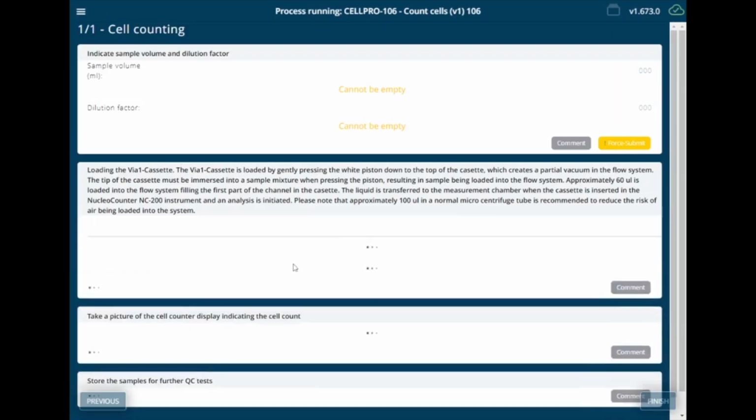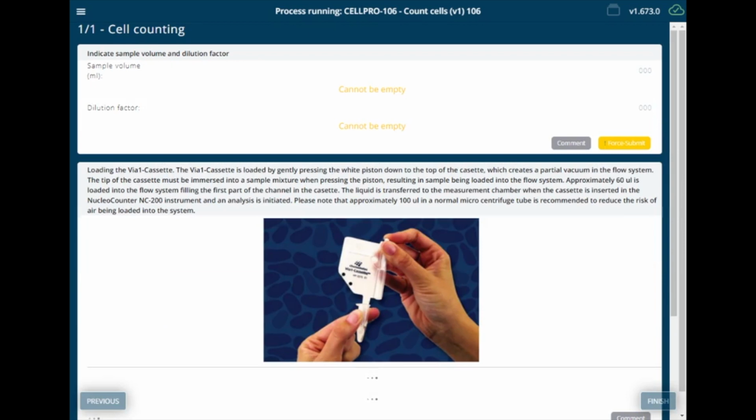A process basically consists of one or several steps, each one of them showing one or several tasks. You cannot jump to the next task until the current one is completed. Now, before digging further, I really want to stress that all the processes and everything else you see here is 100% customizable and tailor-made to your workflows.